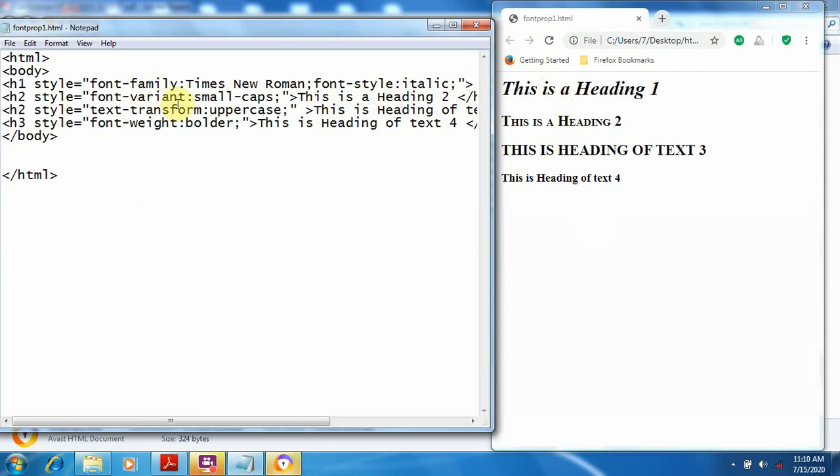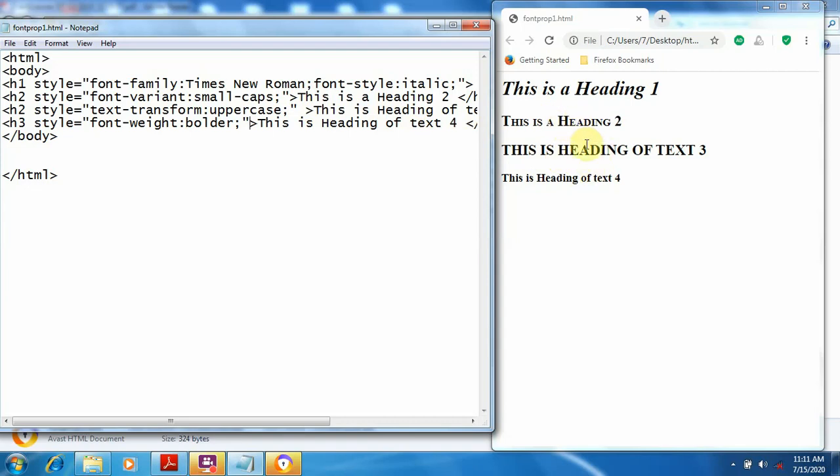Now see this one, lowercase letters are changed to uppercase, but there is a little bit difference. These small caps letters are a little bit smaller than the uppercase. Okay, see in third line we have taken uppercase. See the difference. Small caps are a little bit smaller than the uppercase.